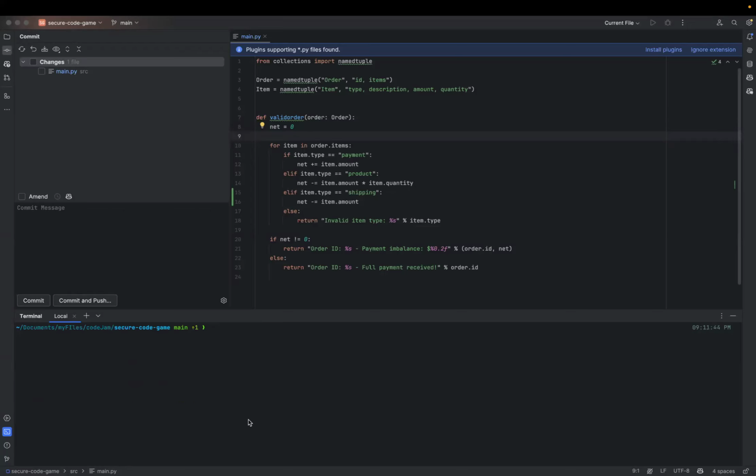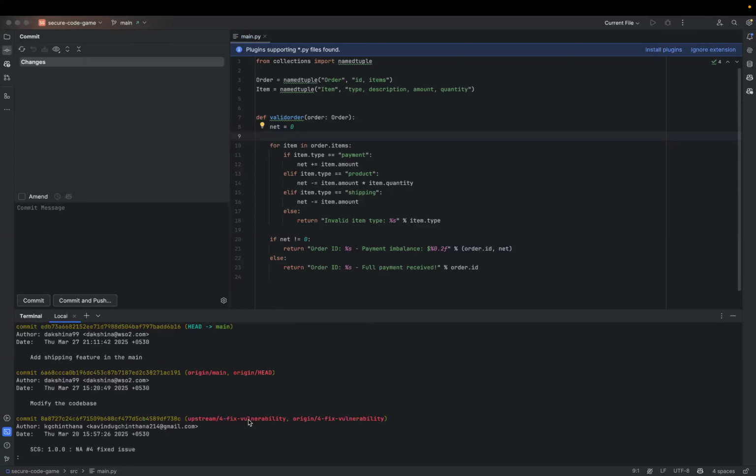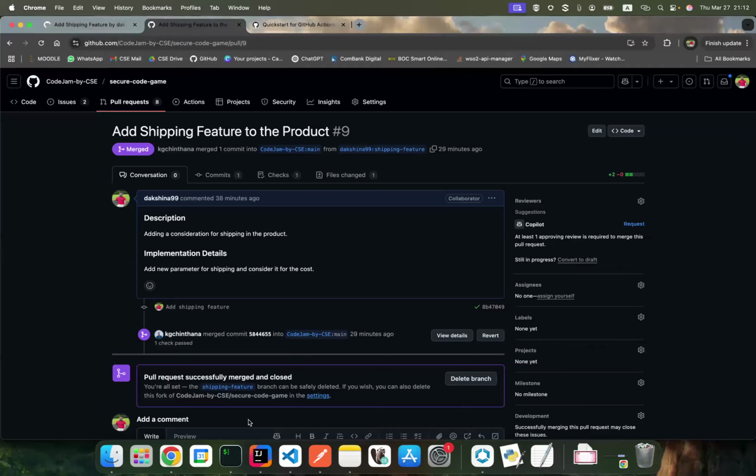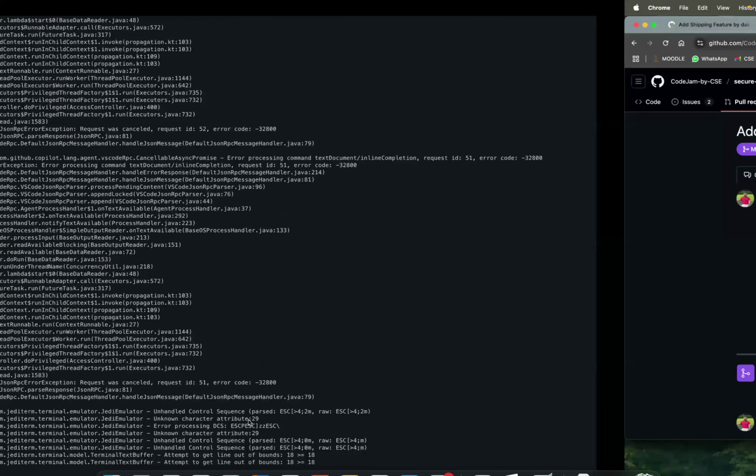Okay, now you can manipulate the commit. So I cherry pick things from another branch, and I reset it to manipulate the commit message. Okay, reset it to the previous commit, then manipulate the changes. Let's say we want to add some more changes to the shipping feature, then also you can reset back and add more features, and also you can use the amend command instead. I hope I'm clear there.